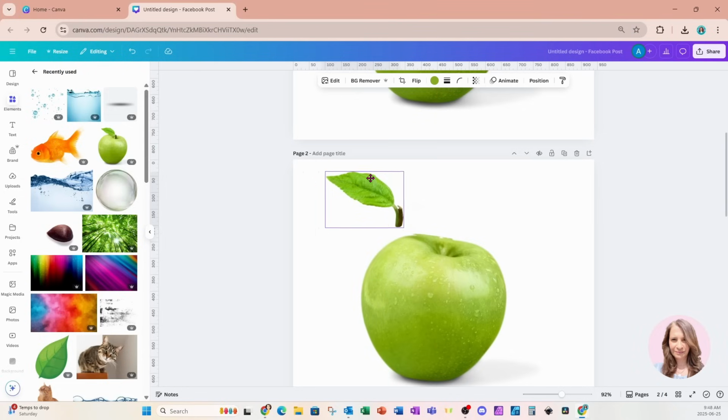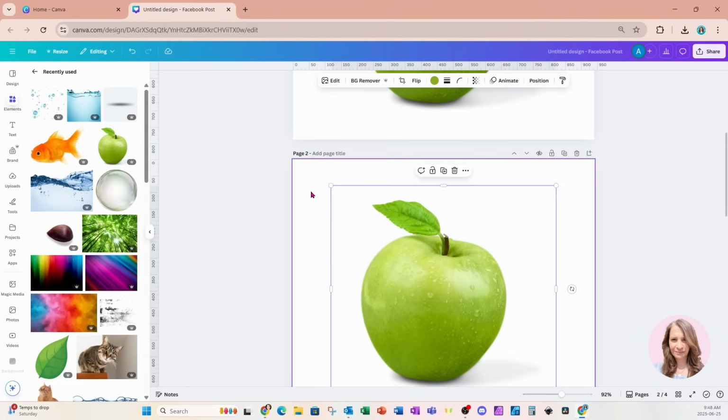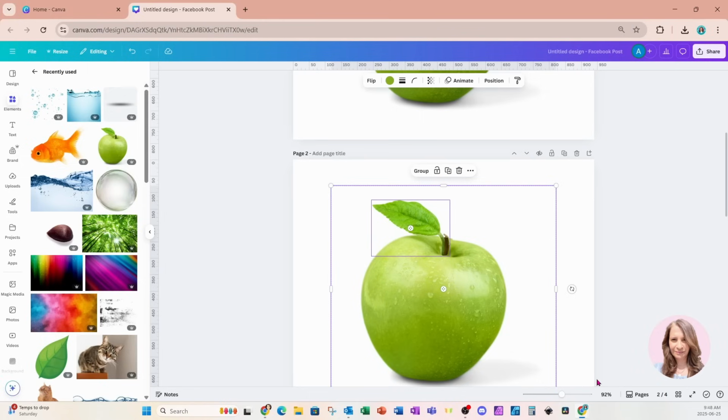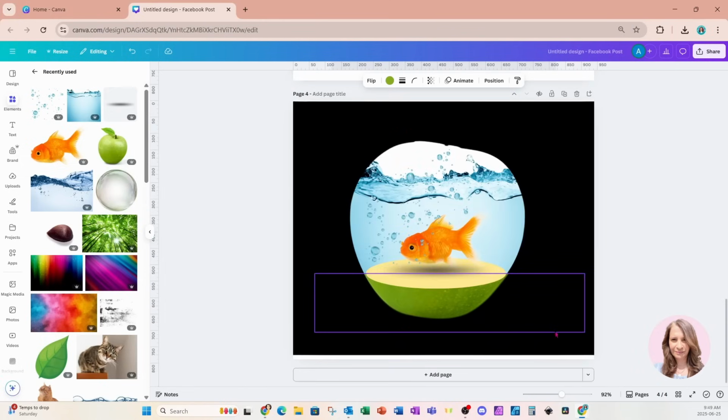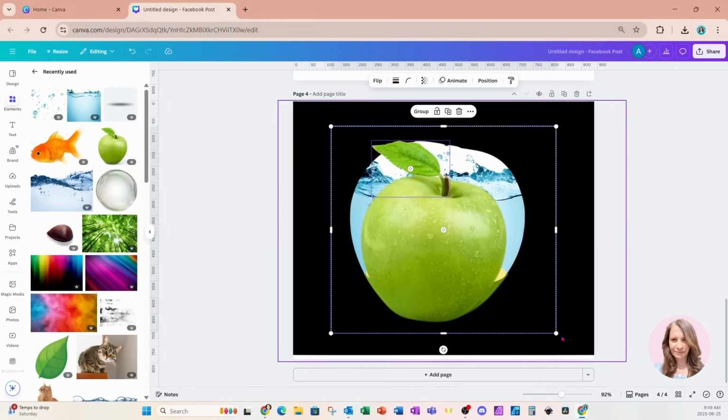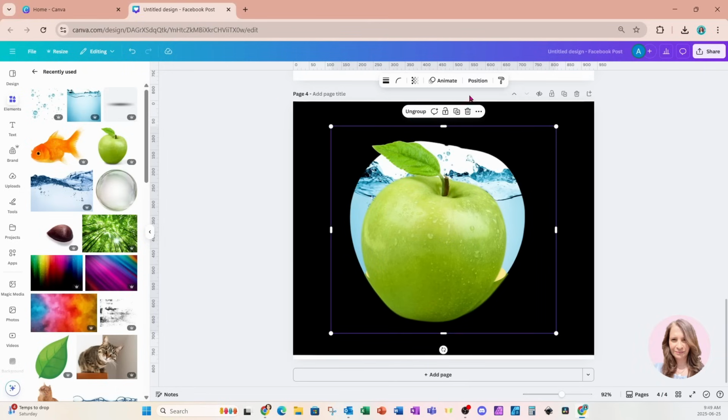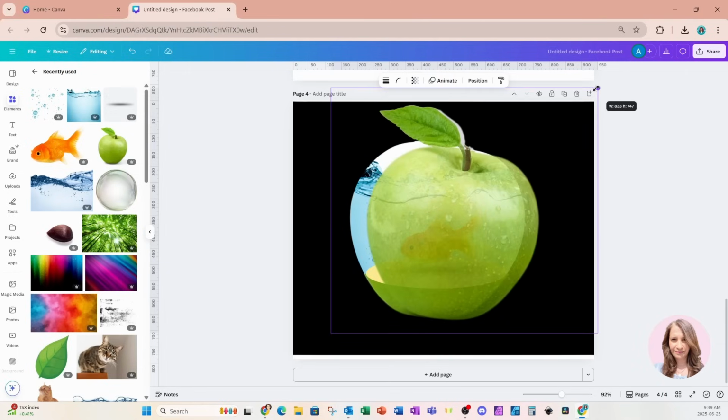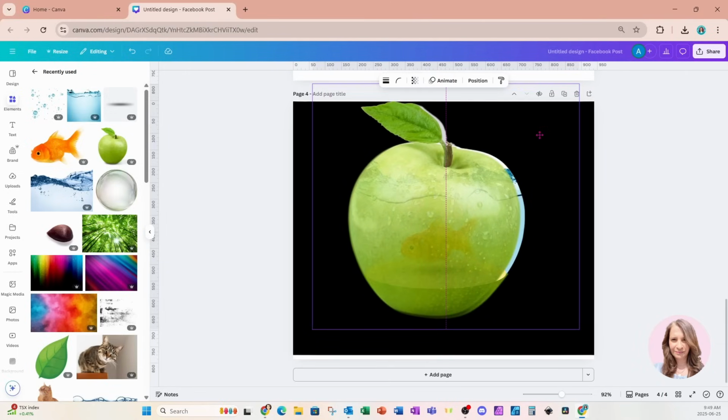So here is my apple. So I'm going to actually put them back together. And I'm going to take a copy of them both, and I'm going to paste them here as a guide. So this is just going to be a guide. I'm going to group them together and make them a little bit transparent so I can see behind. And I'm going to resize it so that it fits right on top